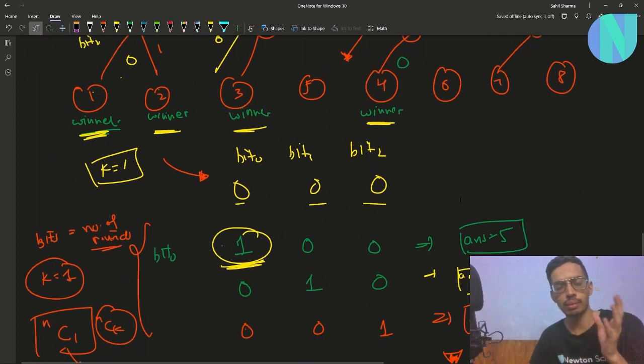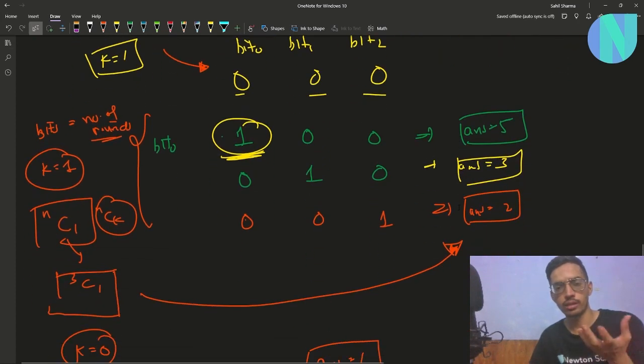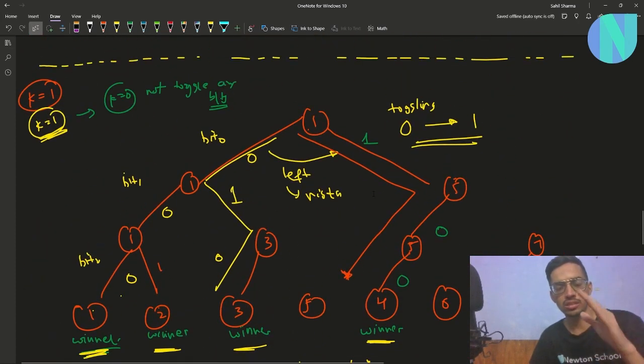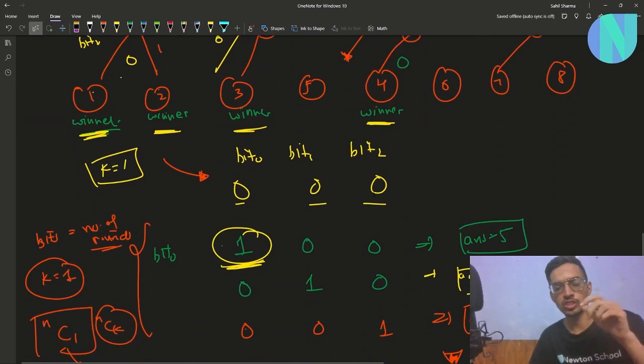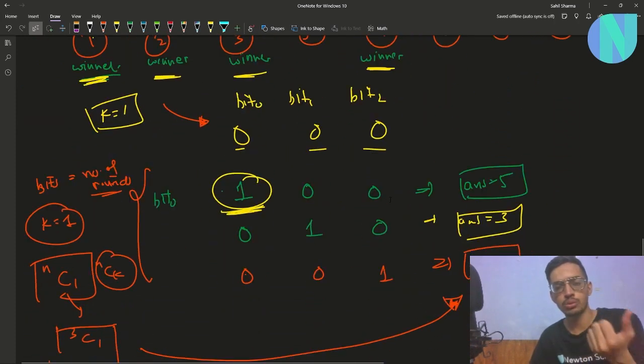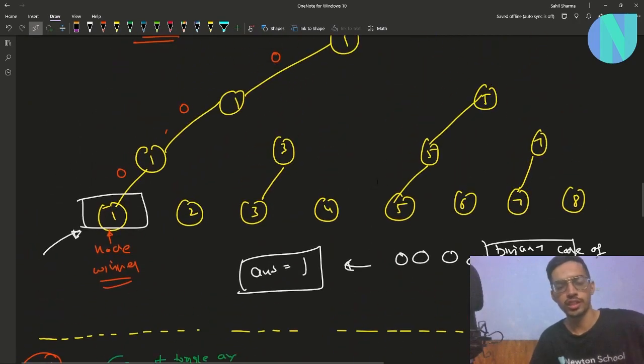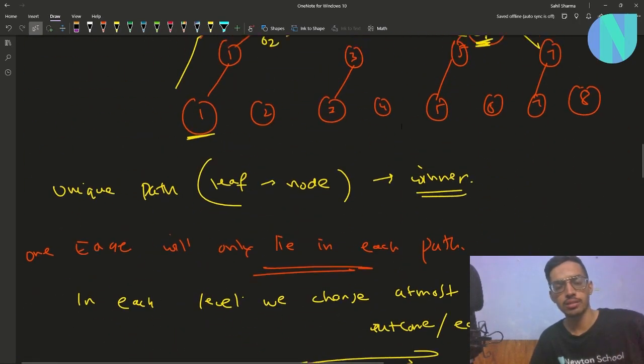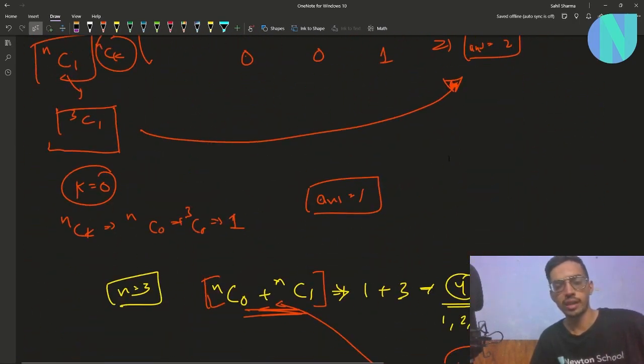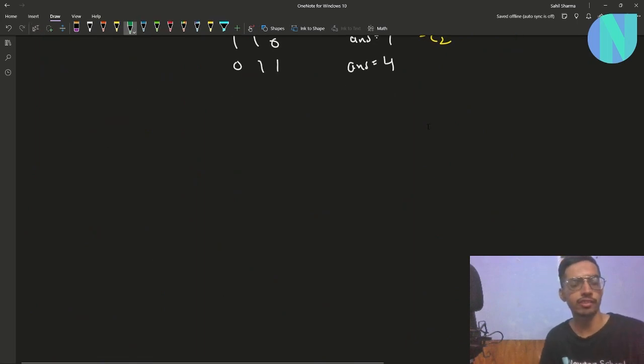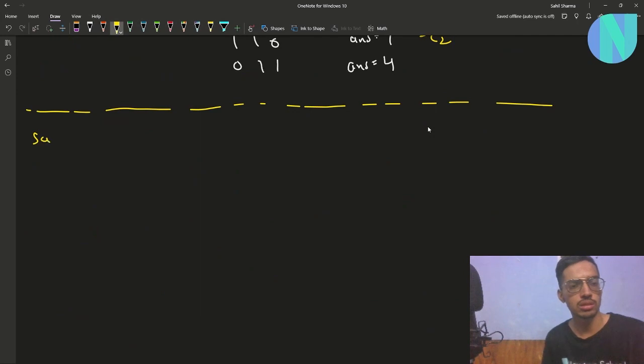I think the binary representation was really helpful in finding the answer, right? If you are able to see the edges as bits and changing the outcome as flipping of bits, it will help you see the answer very well, because it really helped in my case. Yeah, so that is the solution, and I can write it formally for you or summarize it once again. So the summary is